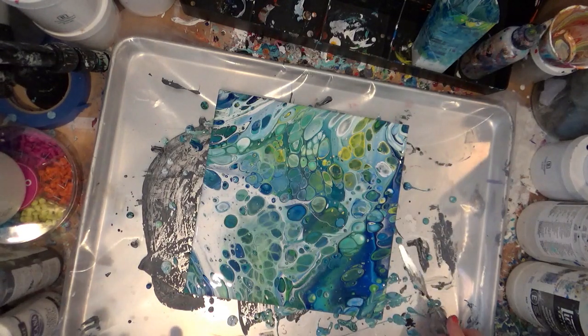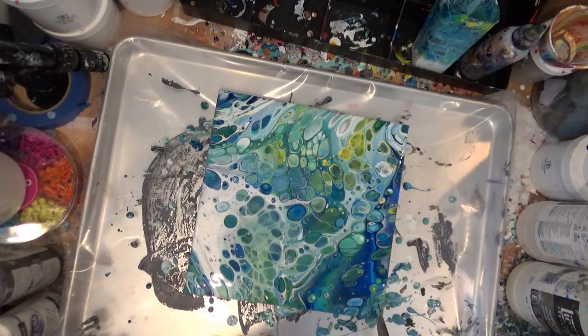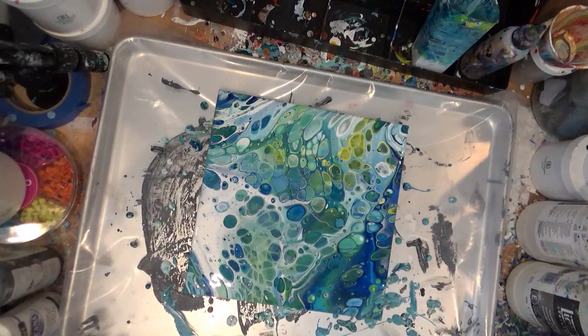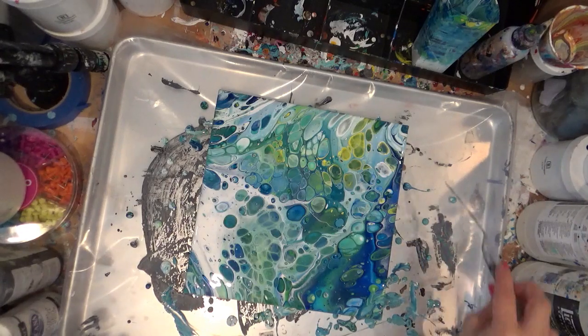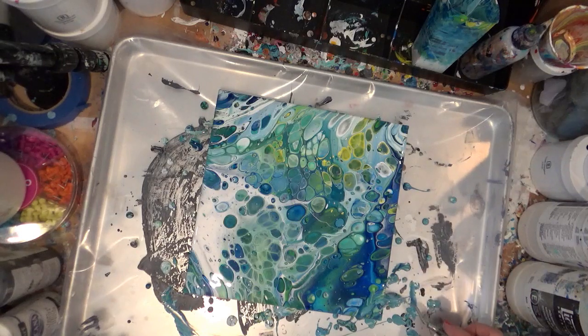I'm gonna find a good dripping. I don't know if this one is good. No, it's not too good. Since I was controlling this all the way with my hands, I don't have any drippings. So I use completely all the paint. But what I'm gonna do to fix that,